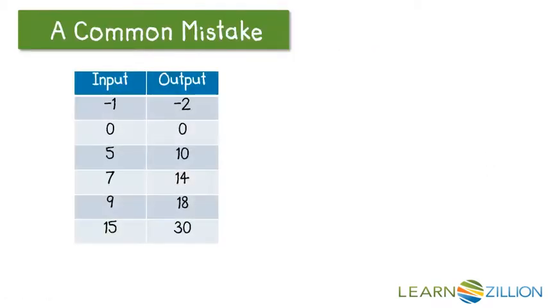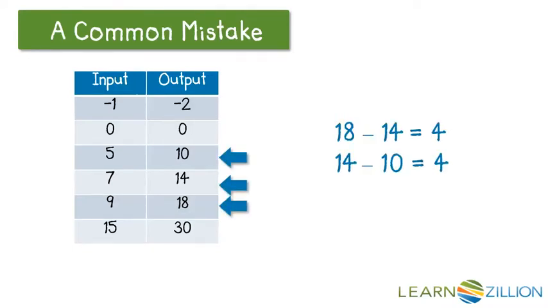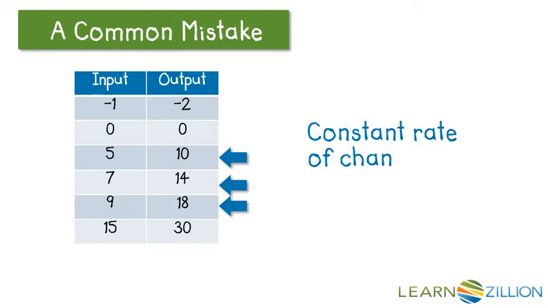One common mistake that I've seen is to check for the constant rate of change by only checking the change in the y values in a table. For instance, 18 minus 14 or 14 minus 10. 3 consecutive y values, if we subtract those, we'll get 4 both times. Well, we might think the constant rate of change of this table is 4. Well, that's incorrect. Remember, the constant rate of change is the change in y values divided by the change in